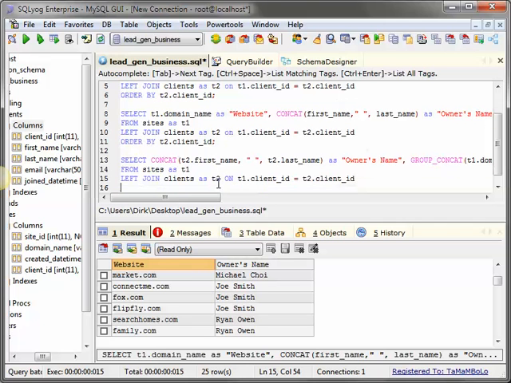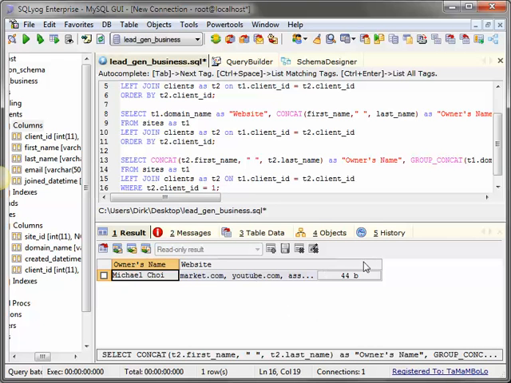And then as I said a while ago, I'm just going to display all the websites owned by Michael Choi. Michael Choi is, I think, client ID number 1. So where T2 dot client_id is equal to 1, semicolon, and then press F9.